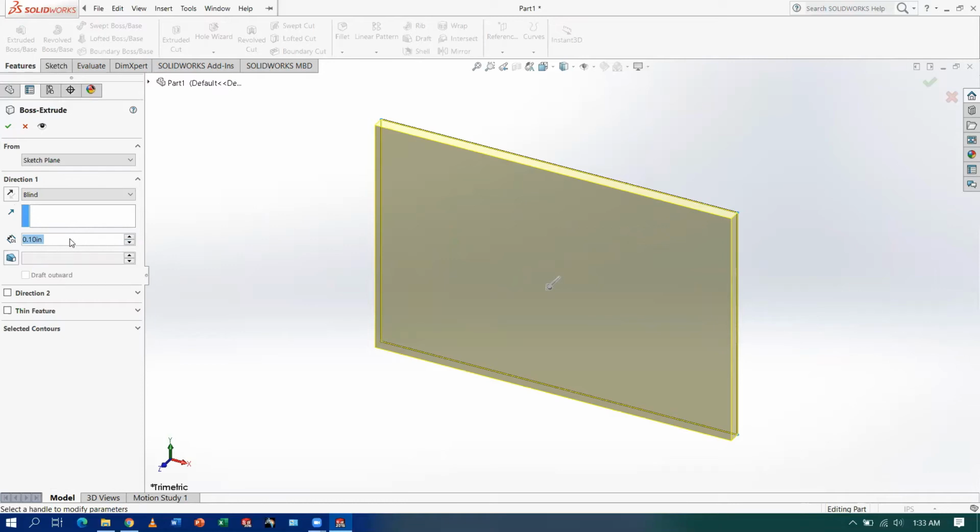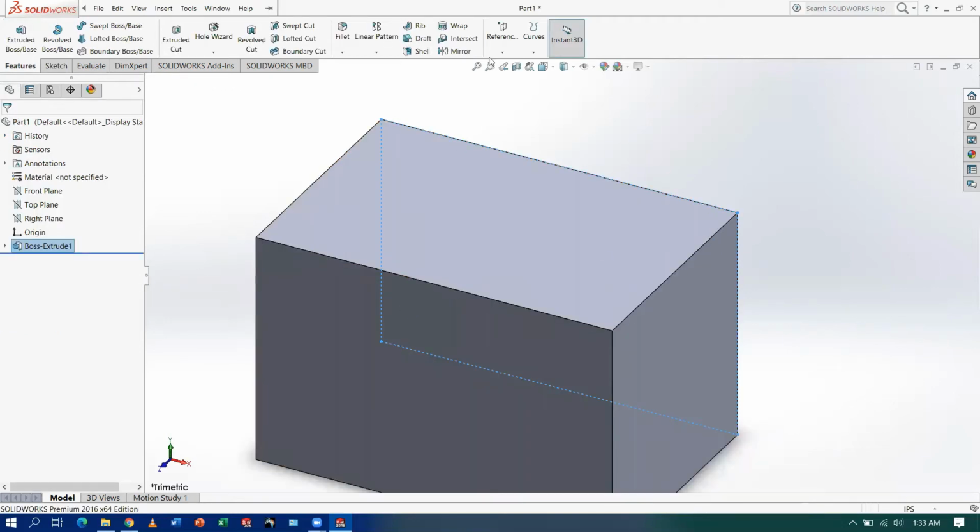This is the thickness of the box. If you need to increase the thickness, you can do it from here. Let's say I want a thickness of 2 inch, let's do 2 inch and then OK.